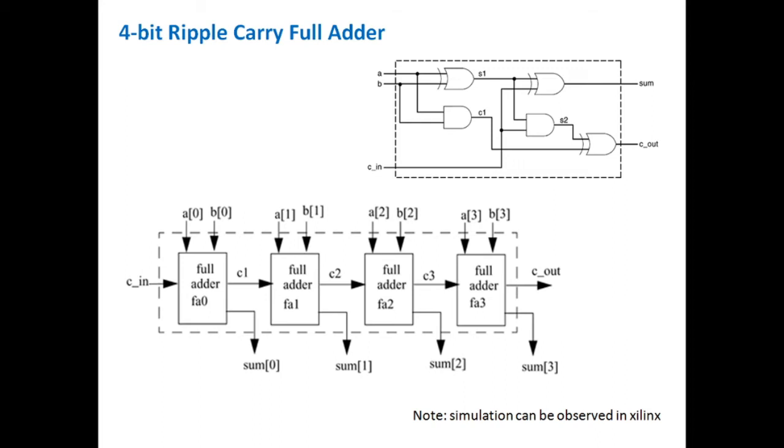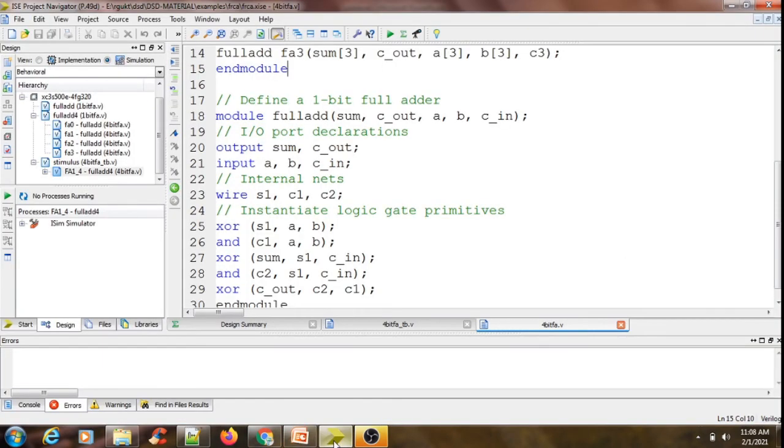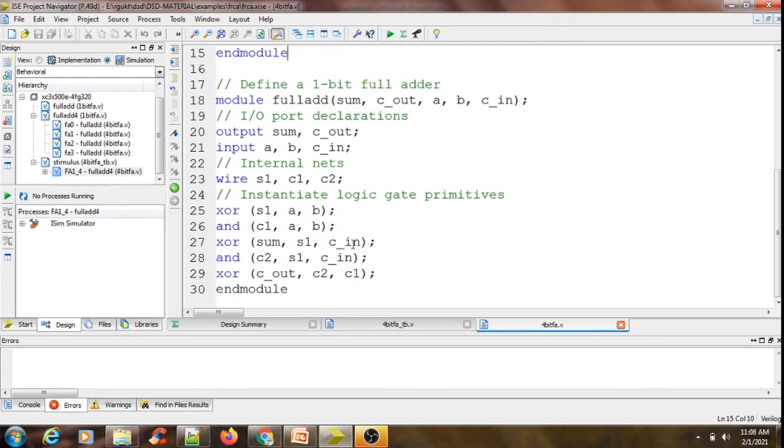That means these are variables of type wire. So here I have three XOR gates and two AND gates, and this is how the module definition for the single bit full adder is written.